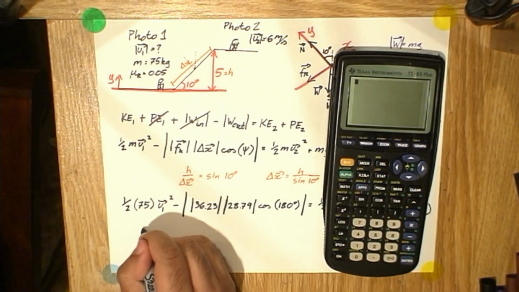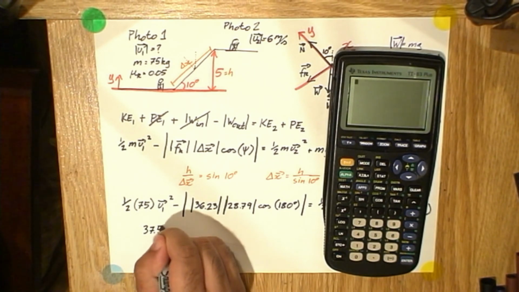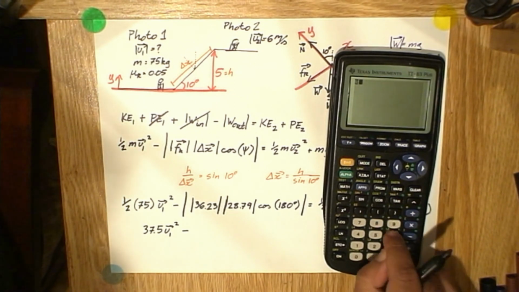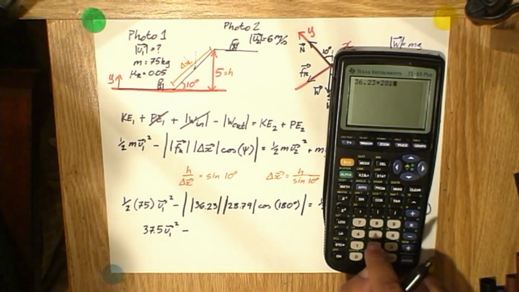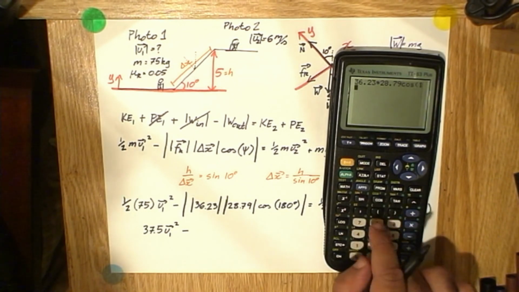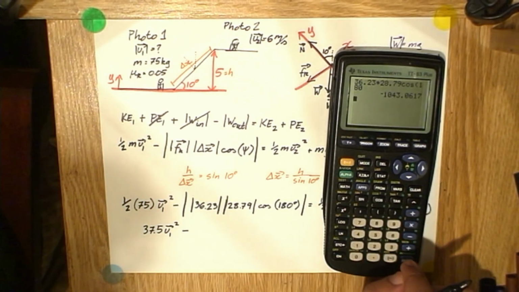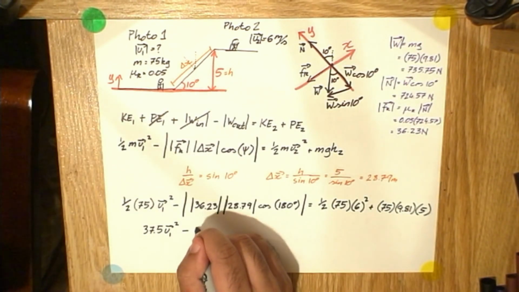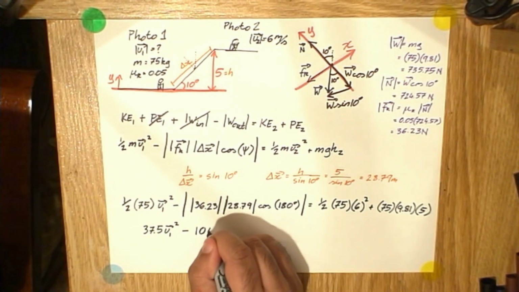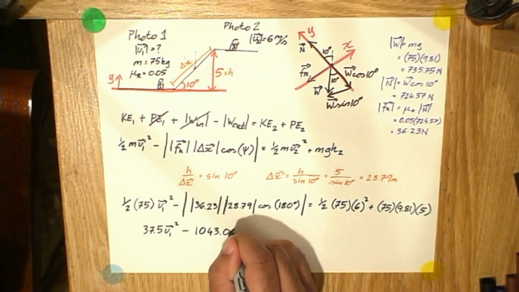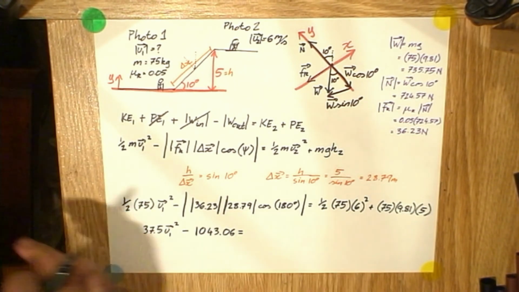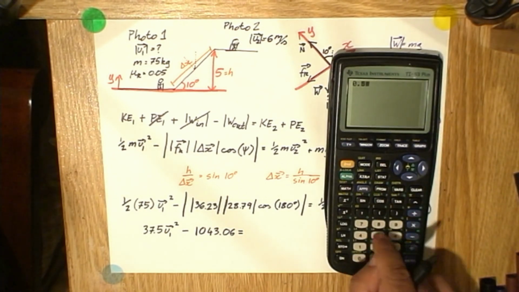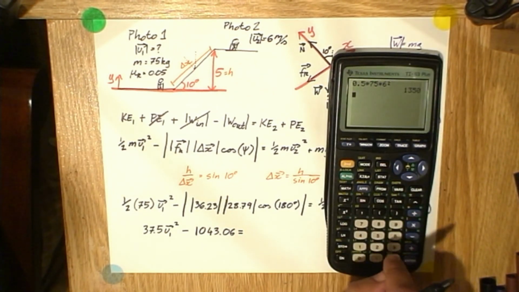Half of 75 is 37.5. So 37.5 times V1 squared minus 36.23 times 28.79 times the cosine of 180 gives us negative 1043.06. So if I were to take the absolute value of that, that's going to become 1043.06, is equal to half times 75 times 6 squared, which is 1350